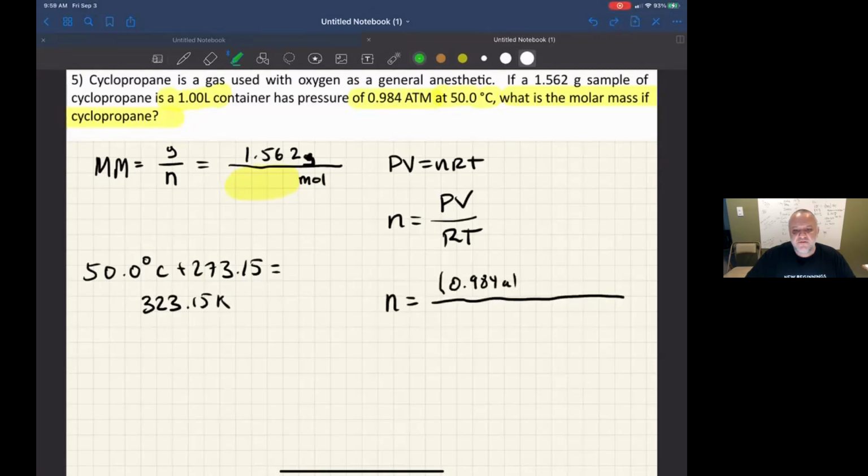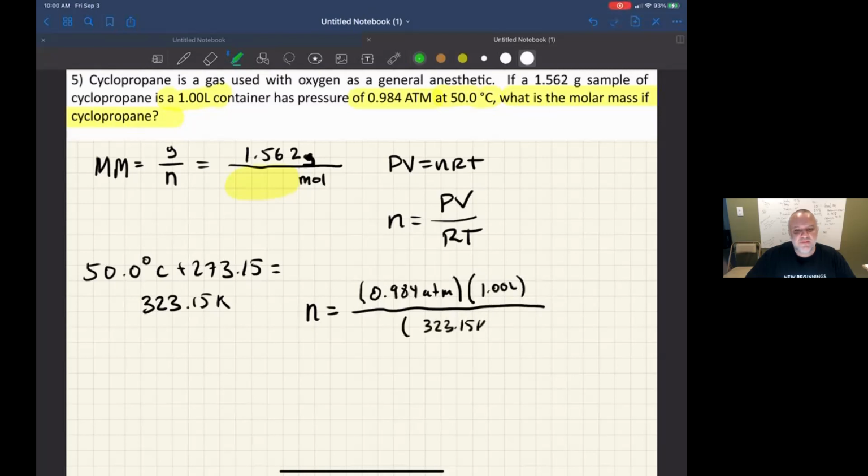Okay, let's put it all together then for the number of moles. There's my atmospheres for pressure. Let's move that over, get some space. There's my volume that was already in liters. Saving the gas constant for the end, let me put in my temperature, 323.15 K in the denominator. And now let's work on this gas constant, 0.08206 liters times atmospheres over moles times Kelvin. I'm going to put those back up in the numerator because 1 over 1/x equals x. And so let's go ahead and crunch this into my calculator. I get the number of moles is